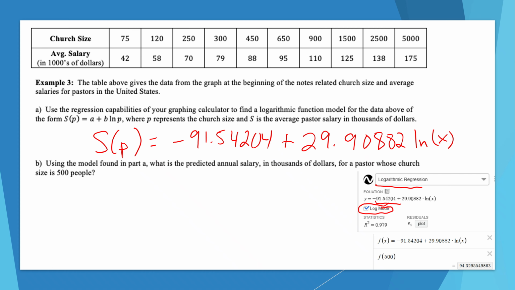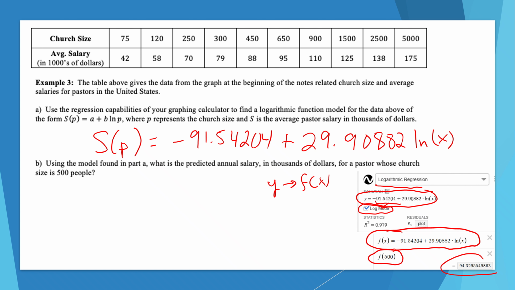So let's see here. I'm going to take this equation, copy it in Desmos into its own thing, and then replace y with f of x. That way we can see what our y value is when we plug 500 in. To do that, you can just type in f of 500 and get your answer there. There we should get s of 500, really, is what it is equal to